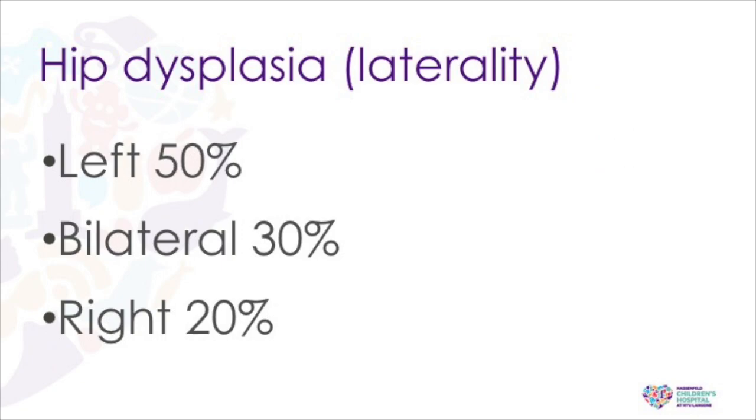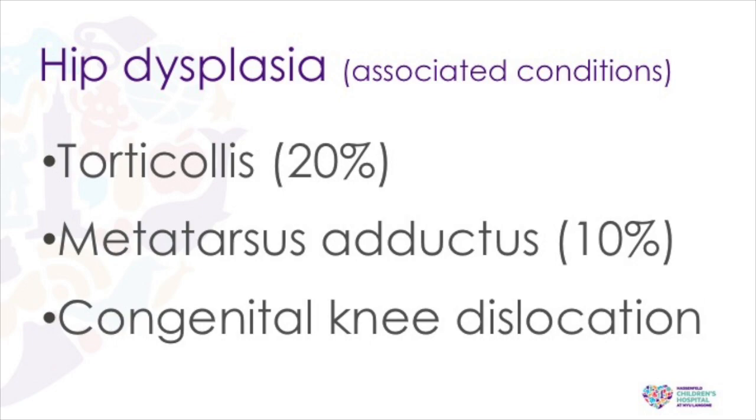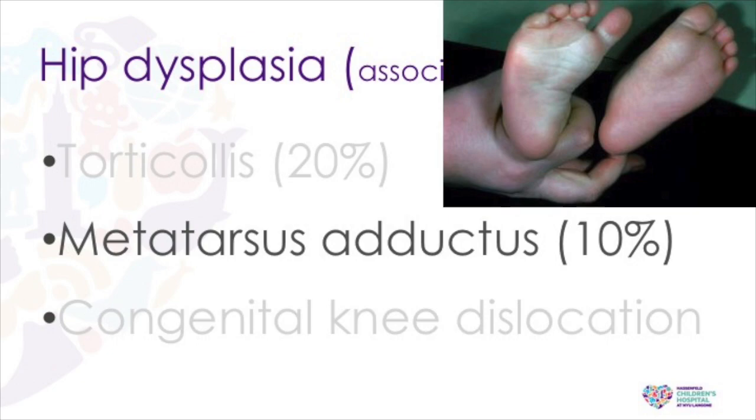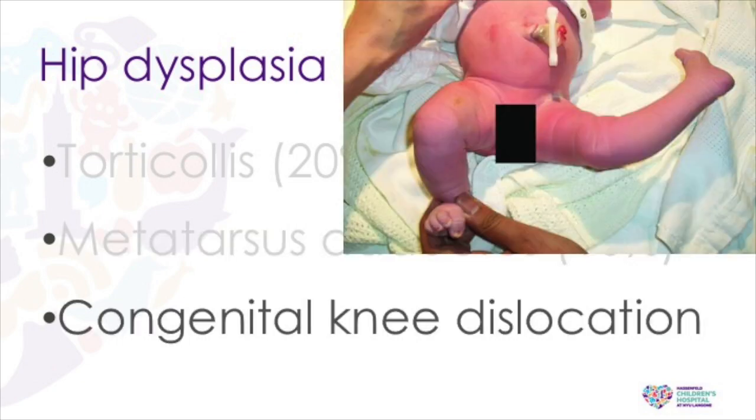As far as laterality, approximately 50% of the cases occur on the left side, 30% are bilateral, and 20% are on the right. There are associated conditions with hip dysplasia. Patients with congenital muscular torticollis can have hip dysplasia in approximately 20%. Patients with metatarsus adductus can have this in approximately 10%. Patients with congenital knee dislocation frequently have hip dislocations, but this is also frequently found in the setting of other